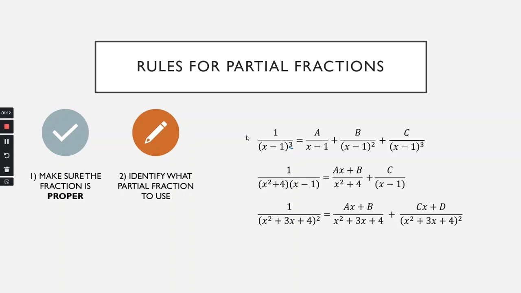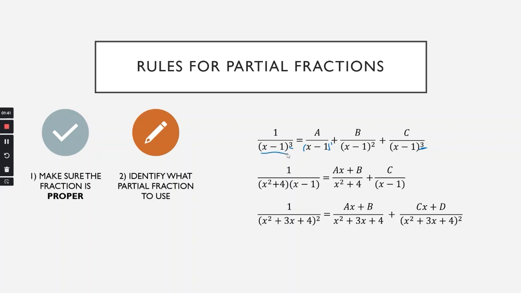Let's look at the first example. In this problem, there is one term in the denominator being taken to the degree of 3. We split this up into 3 terms, where on the numerators we have a, b, and c, and in the denominators we have our x minus 1 term being taken to increasingly higher degrees. So we have x minus 1 to the first power, x minus 1 to the second power, and x minus 1 to the third power. It's important to remember that our final term needs to have a degree that matches the degree of our original